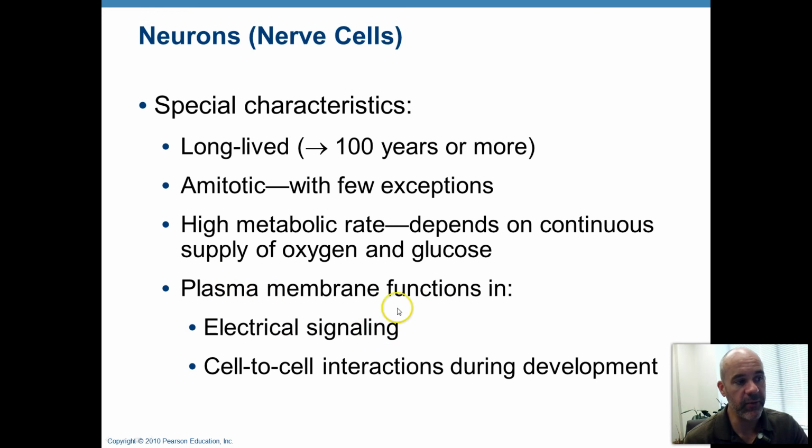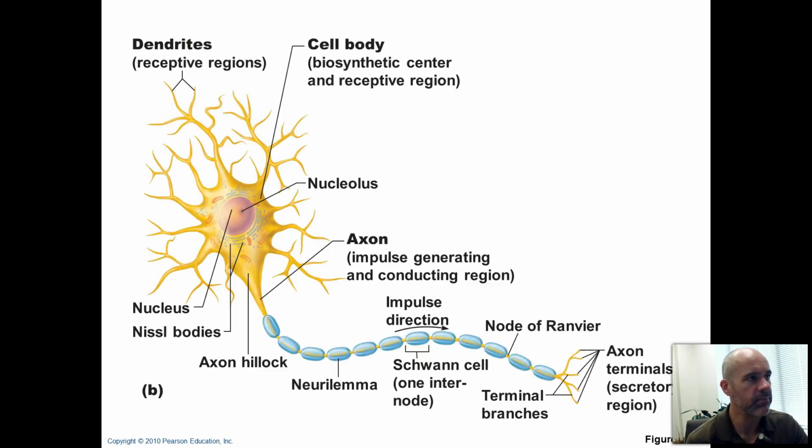And of course, as we learned about, there's this electrical signaling that the membrane of neurons has to be able to perform. And neurons do these cell-cell interaction type things during development. I mean, you think about it, that makes sense. All this networking between the different neurons of your nervous system is pretty amazing for your body, in order for your brain to be able to control the function of your entire body. Pretty incredible.